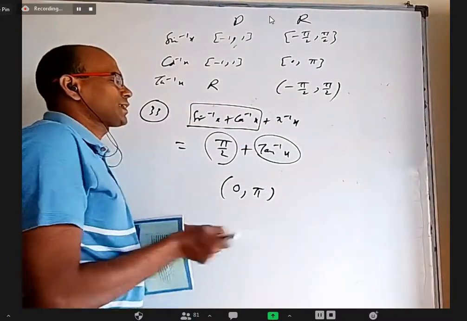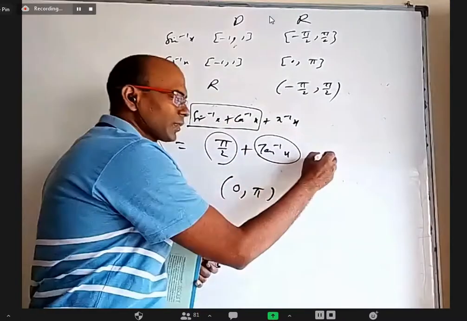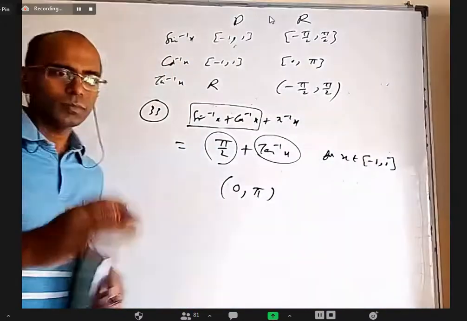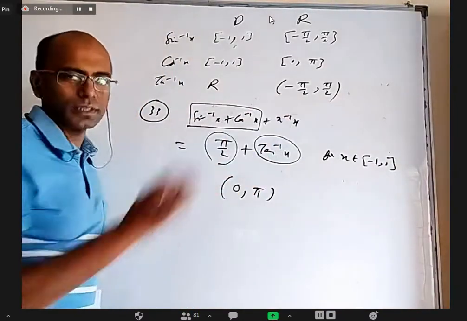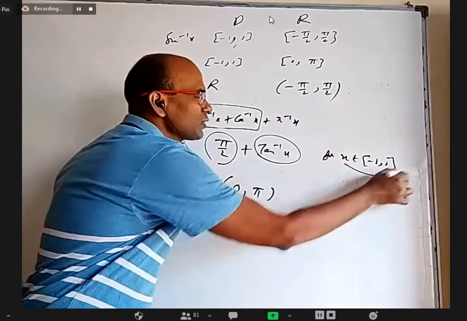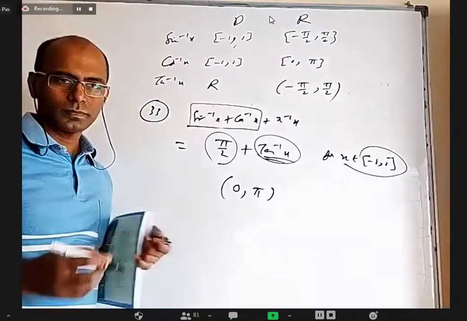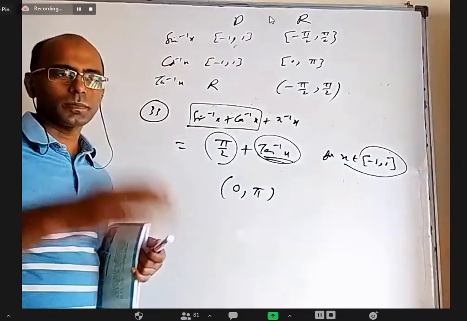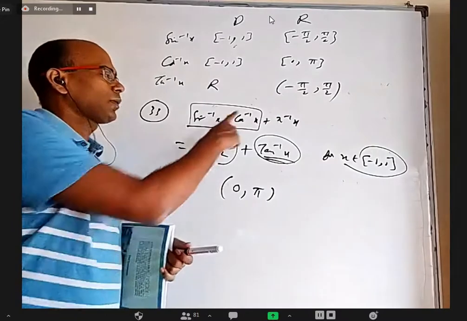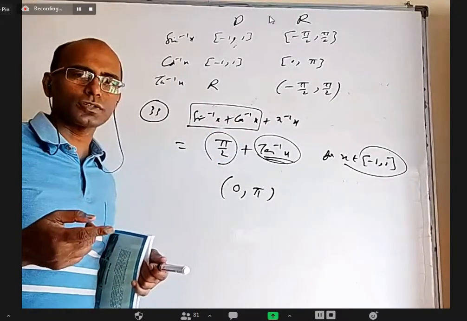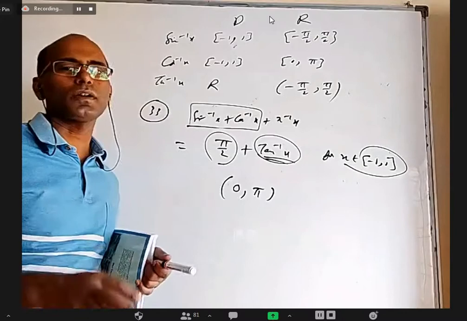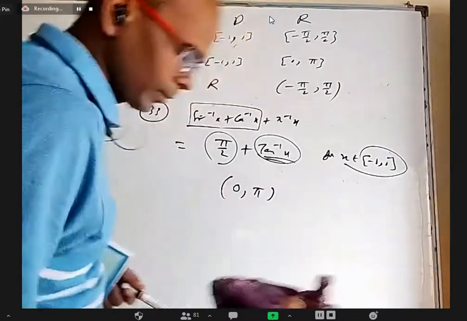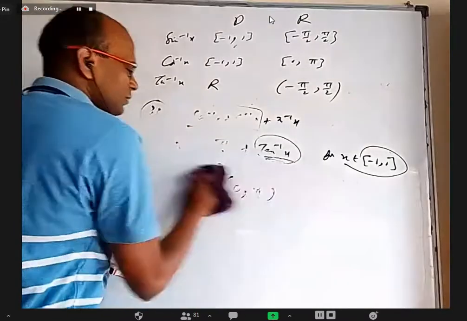So you have to understand this is equal to pi by 2 plus tan inverse x for x belonging to the closed interval -1 to 1 only. More than 1, this sum is not defined. Before -1, this sum is not defined. Now within -1 to 1, what is the range of tan inverse x? Minus pi by 4 to pi by 4. And then when you add pi by 2 to it, you get pi by 4 to 3 pi by 4. So one may miss that. That's why I told you the domains of the functions also. Whenever you want to find a range, first of all you should find the domain also, and within that domain, you find the range. So that is one possible mistake that somebody can make.